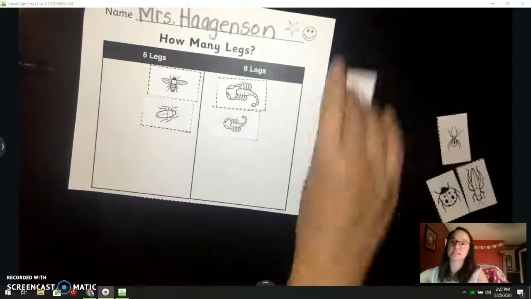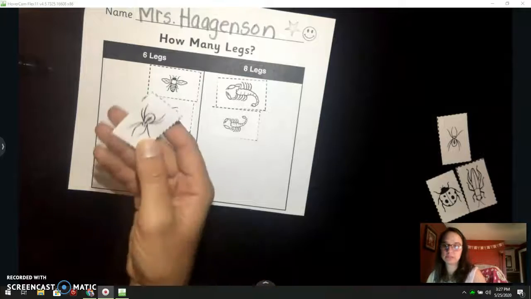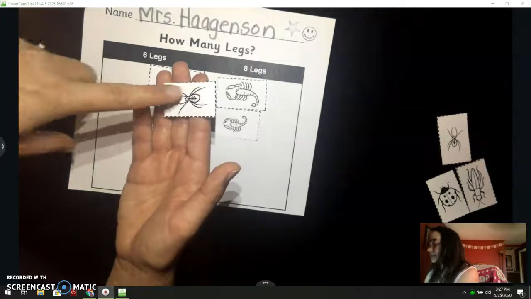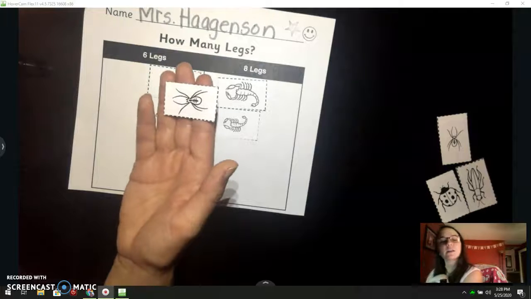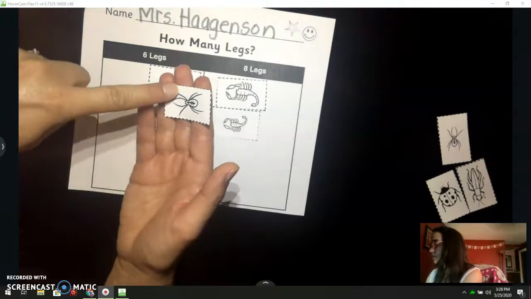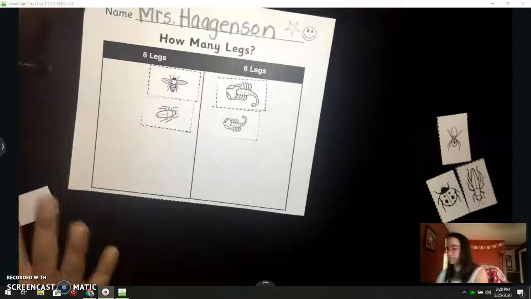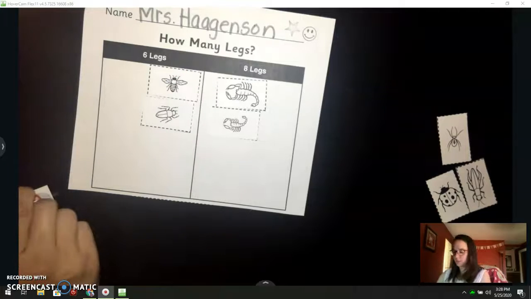Speaking of things that I don't like, let's start with this big old spider. Now, his legs, he has some that go in the front and some that go in the back. Those are all legs. 1, 2, 3, 4, 5, 6, 7, 8. All spiders have